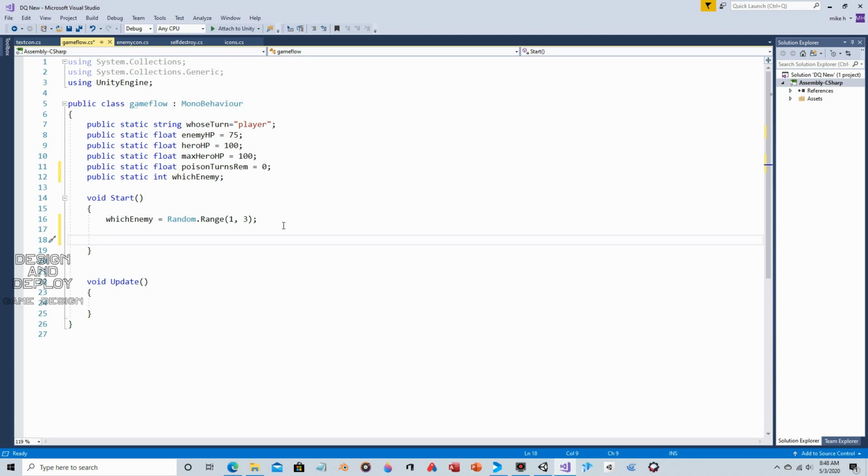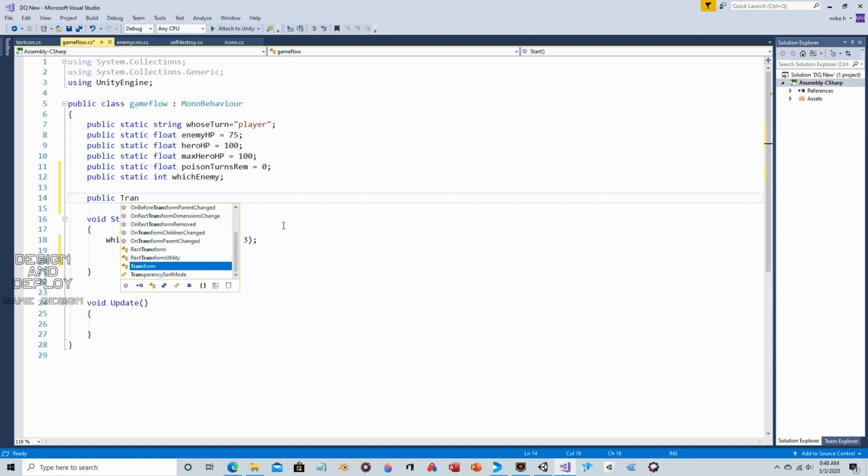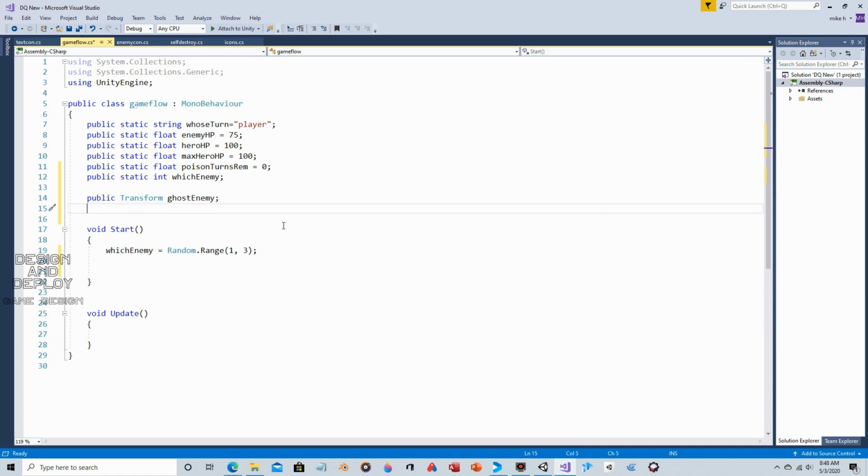So what we need to do, we now need to create linkages and references to those prefabs. So public transform ghost enemy. Public transform slime enemy. If which enemy equals 1,